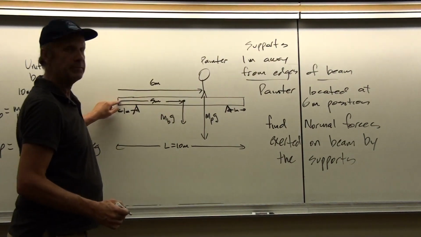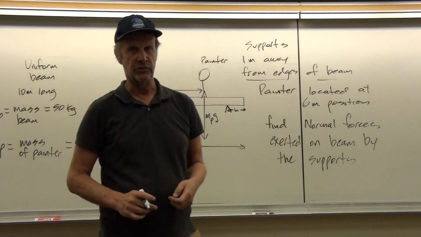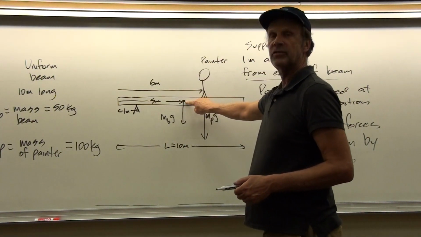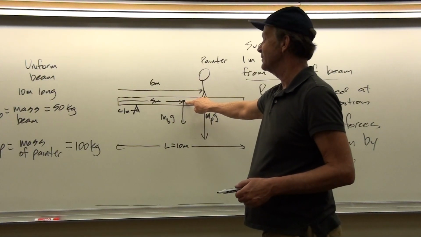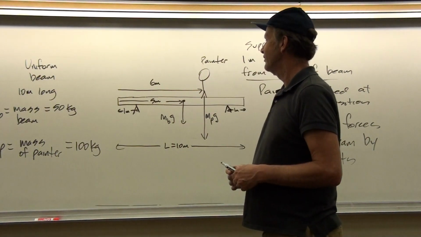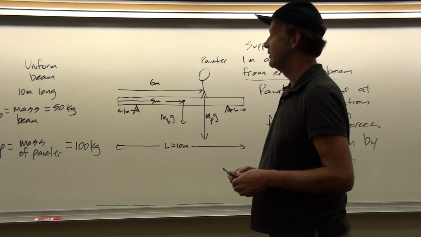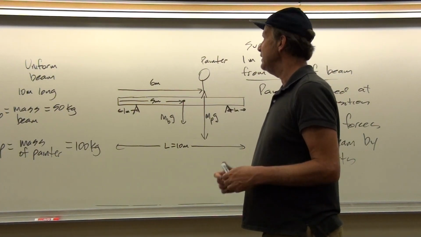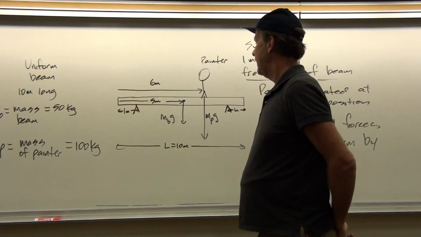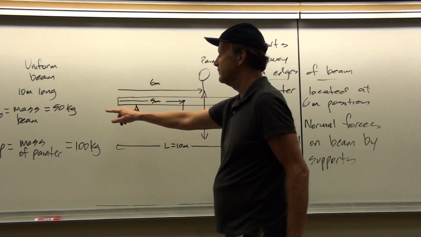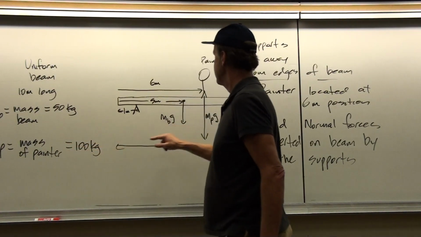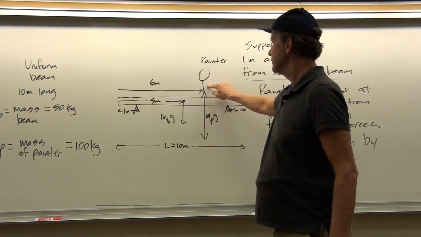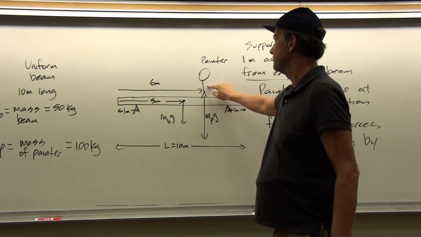Here, because the beam is an extended mass distribution, we can pretend that all of the mass of the beam is located at the center of mass position. This is just perfect for the kind of application that we were looking at before in terms of center of mass. And so this works great then for torque problems. And so the mass of the beam, let's say, is 50 kilograms, whereas the mass of the painter, let's say, is 100 kilograms. And the painter is located at the 6 meter position.